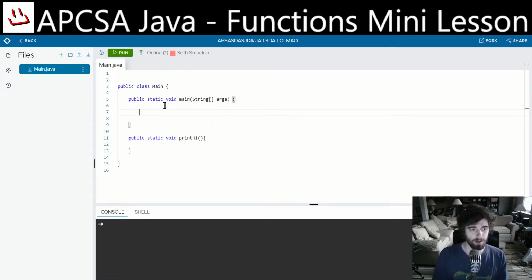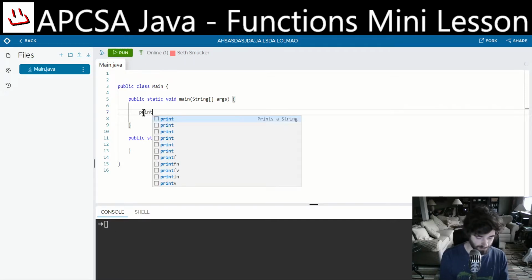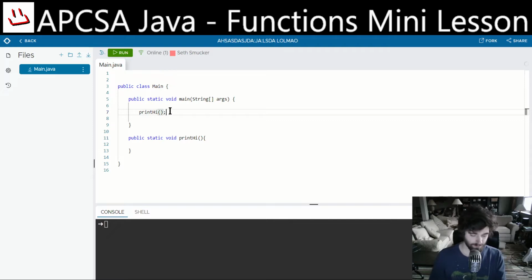So when you start a Java program, it starts in main and it runs from the top to the bottom of main. No more, no less. So I'm going to just run this and nothing's going to happen. I'm going to call this function print high. And when I hit run, the program is going to see,